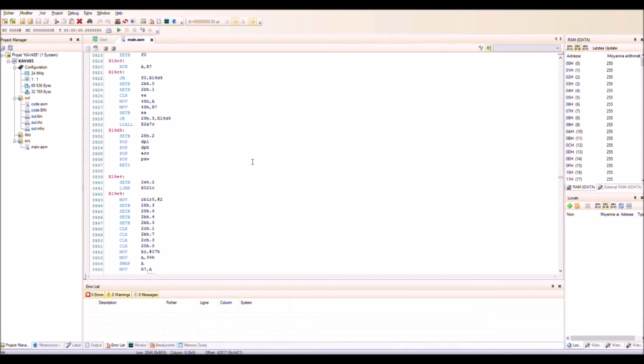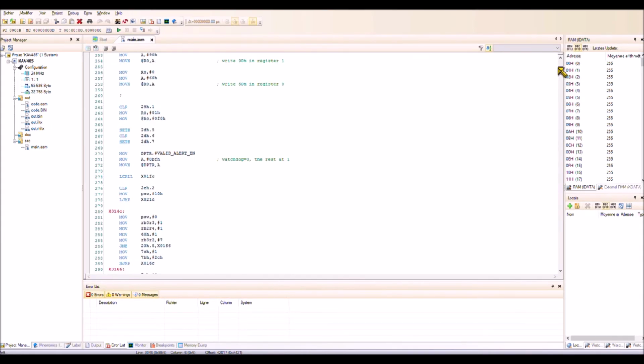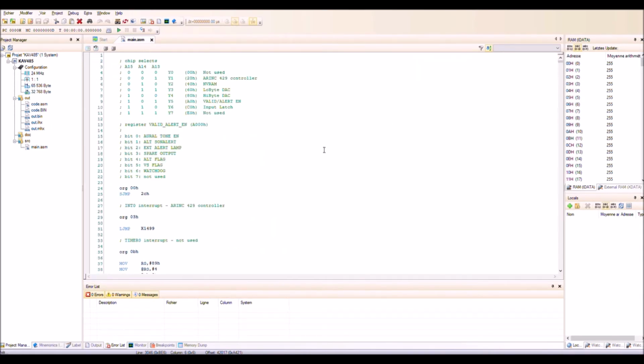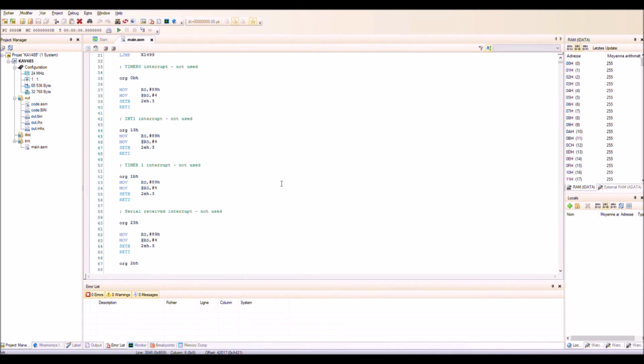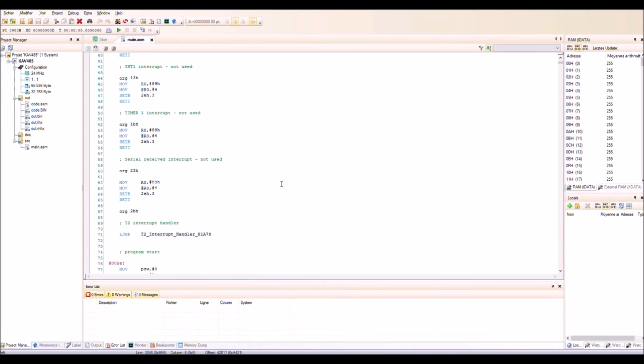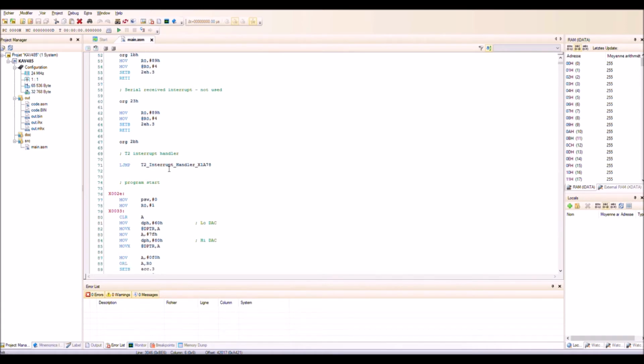The end of the ARINC interrupt is here. The second interrupt is the timer 2 interrupt. The timer 2 is used for the multiplexing of the display. Let's have a look at this code.